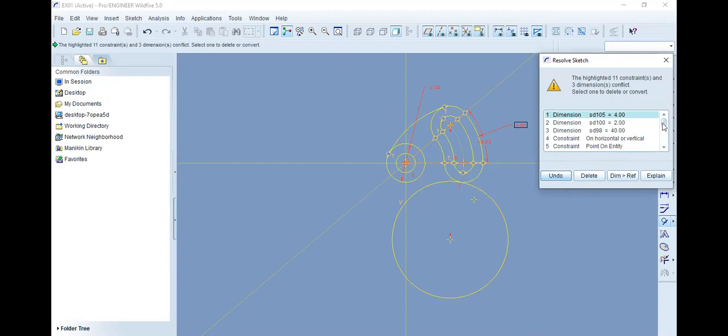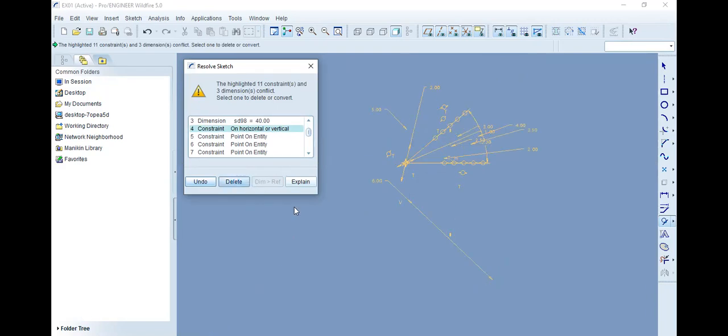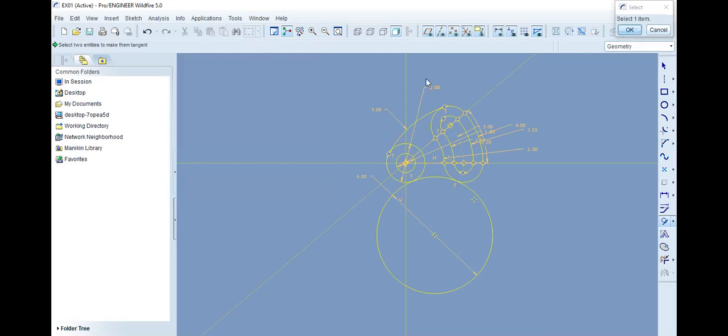So there is some error coming here. See, whenever unnecessary dimensions are there, it is going to ask you to delete one dimension. So we can delete one dimension. See here, why? Because these two are at the same center. So we can delete this one, and now it becomes tangent. Right? Sometimes it is going to ask you to resolve the sketch. Resolve the sketch means here, if I again make it tangent, with control Z you can go back to the previous.